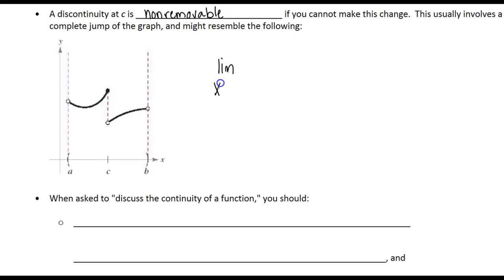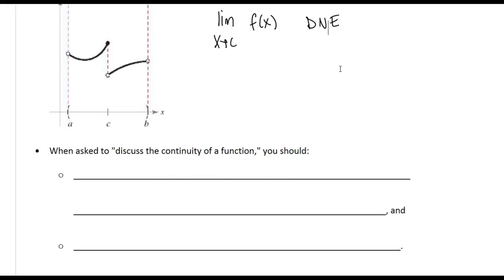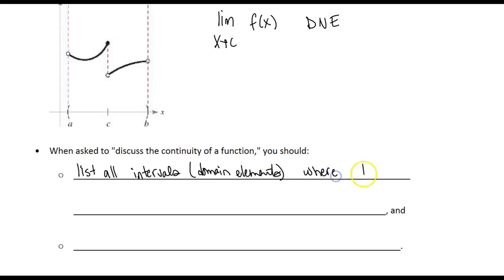These are examples where the limit as x approaches c of f of x just flat out does not exist. If the limit doesn't exist, then you know it's going to be a non-removable discontinuity. Now, you'll have a lot of problems where you're asked to discuss the continuity of a function. Whenever you are asked to do that, you want to list all intervals. And remember, these are intervals of domain elements, so you should put them in interval notation, where the function is continuous,